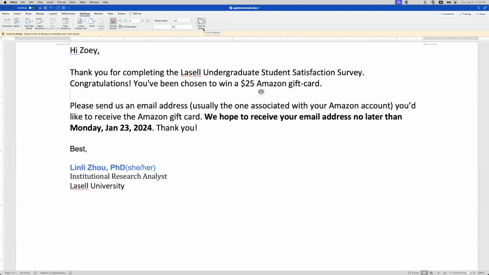So there is a Finish and Merge button here, and you want to merge to email. Once you click this, the Outlook application will automatically open on your desktop. But the requirement is you do have that Outlook application installed on your desktop and you are logged in. So I did all that. So when I click this merge to email,